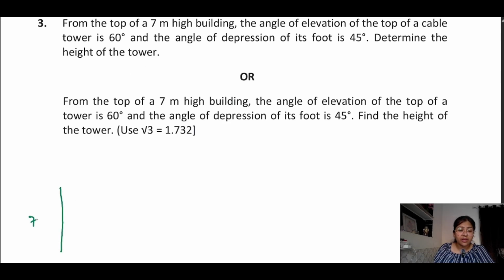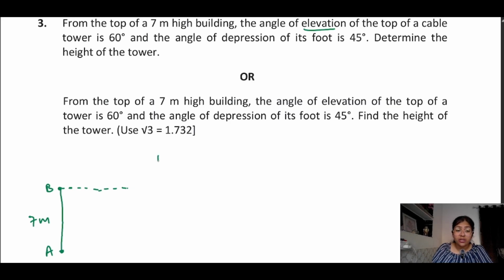Let the 7-meter high building be A, and this is our point B. You are standing on the top of a 7-meter high building. For the angle of elevation, from this point, this is the horizontal level for point B. From this point you need to look upward at some angle. From the top of a 7-meter high building, the angle of elevation of the top of the cable tower,